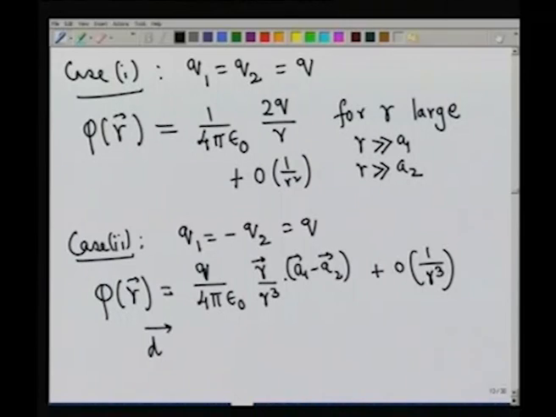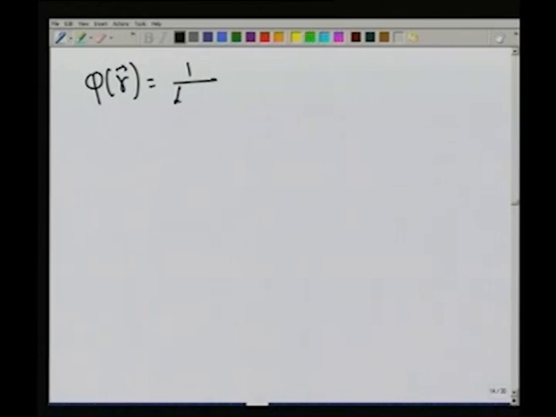Now there is a standard notation that one employs in order to describe such a situation. So what we shall do is to define the dipole moment corresponding to this charge distribution, which is nothing but Q into A1 minus A2. Please mind you that such a definition is possible if and only if the total charge is equal to 0. If I define this to be d, equal to Q into A1 minus A2, I now have a very elegant expression for my phi of r. This is nothing but 1 over 4 pi epsilon naught d dot r by r cubed.